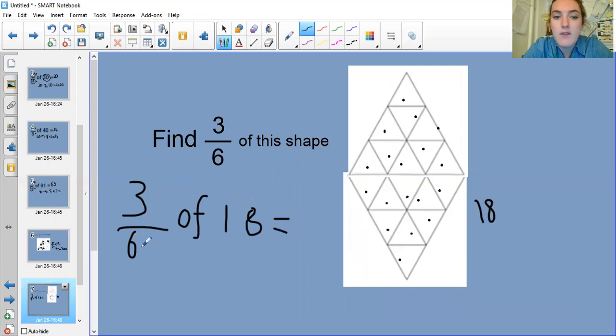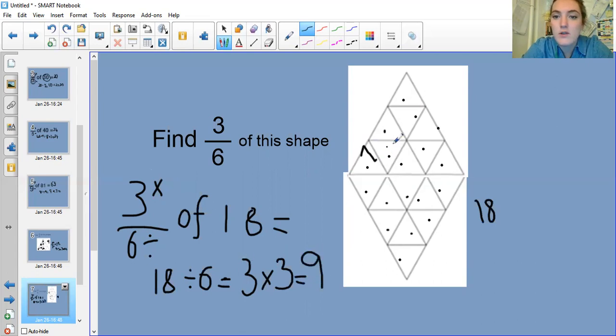First of all, divide 18 by the number on the bottom. 18 divided by 6. How many 6s go into 18? Well, if we do our 6 times table to help us, 6, 12, 18. The answer is 3. And our last step, we need to multiply our answer 3 by our numerator, our top number, because we've divided by the bottom, we now need to times by the top. 3 times 3, I know, is 9. So I know I need to shade in 1, 2, 3, 4, 5, 6, 7, 8, 9,